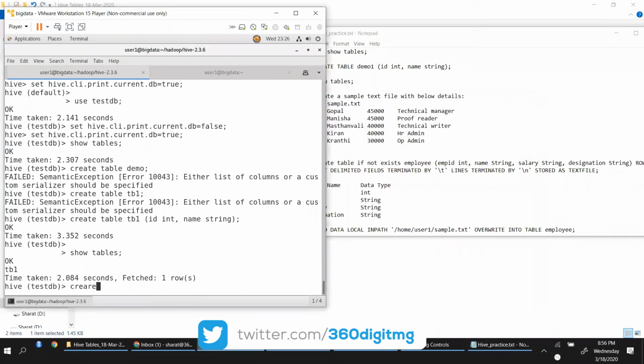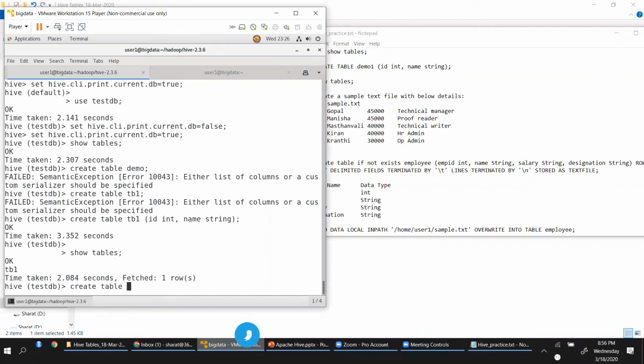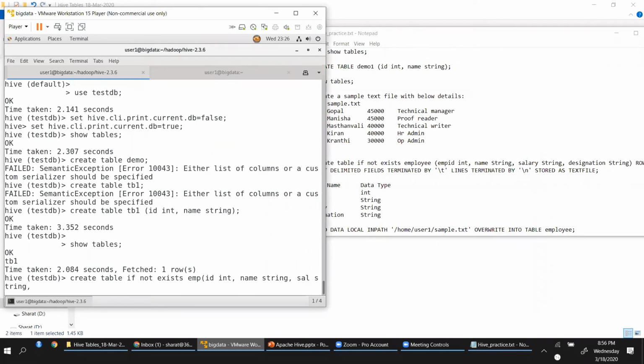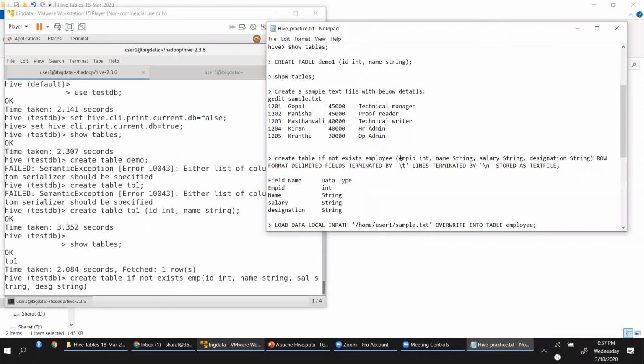I'll say create table if it does not exist already, employee, where ID is integer, name is string, salary is also string, designation is also a string. Okay, so that is the syntax that we have. Basically 4 columns schemas are defined here.